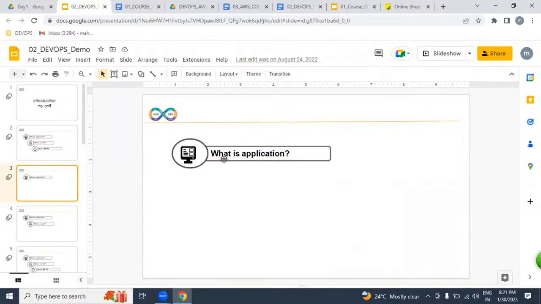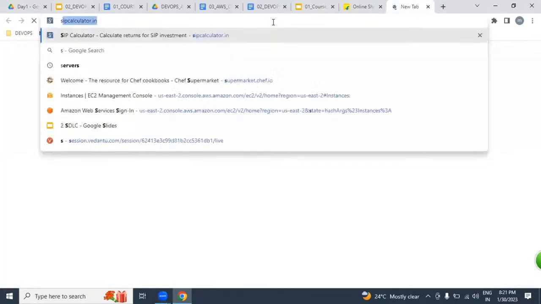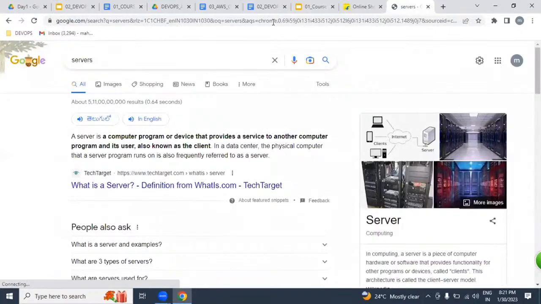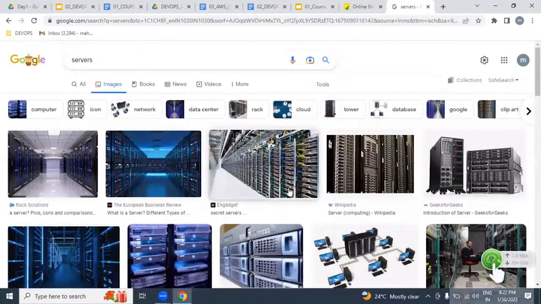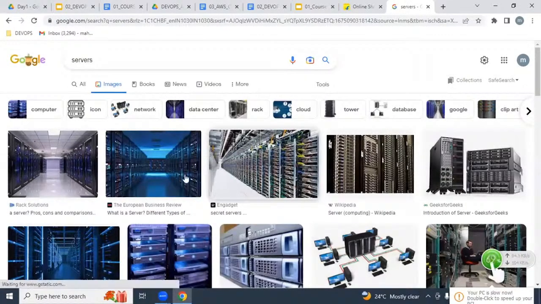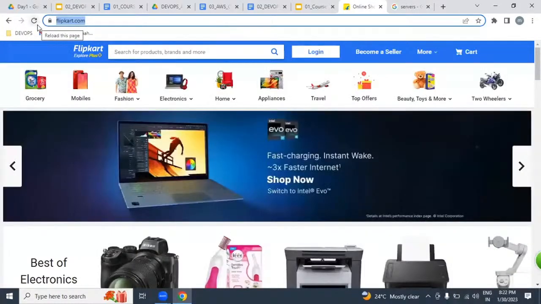But after the working software is ready, it is placed, or deployed, on the server side. Once it is placed on the server side, we access it over the internet as a website.